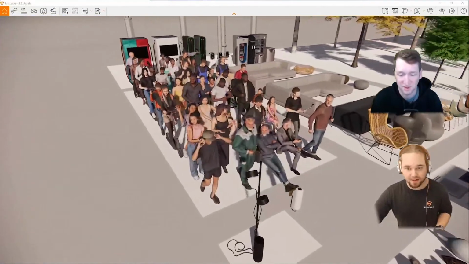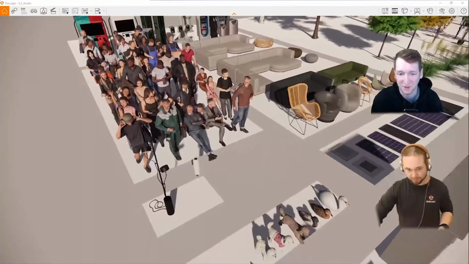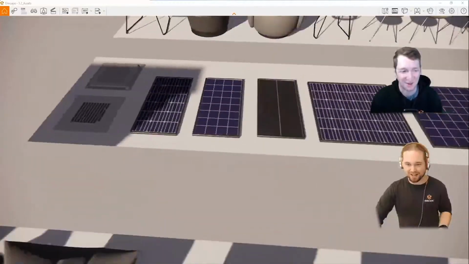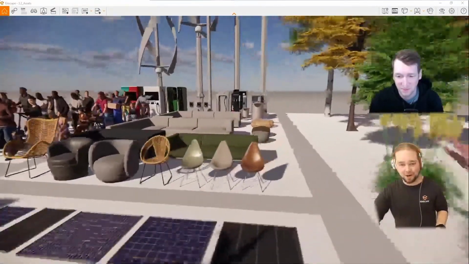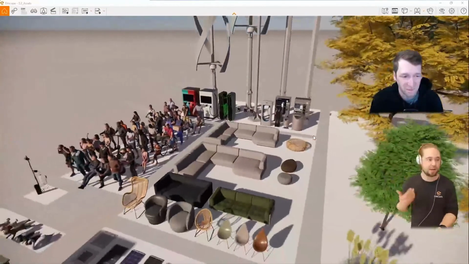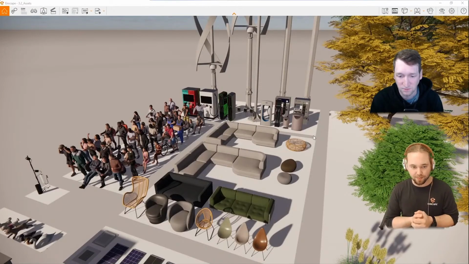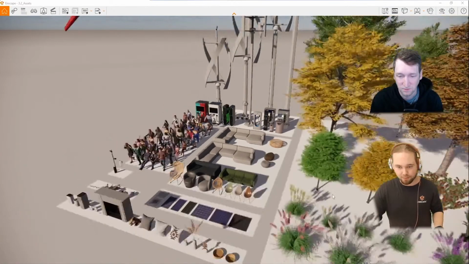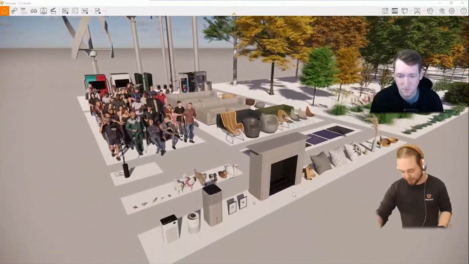Oh, and of course a lot of new people assets as well. Are there solar panels too? There are solar panels too. Almost overlooked them over here, but yes, they are of course. Cool. Those are available as soon as you update Enscape right away in your asset library. Feel free to use them and set dress your scenes with them.